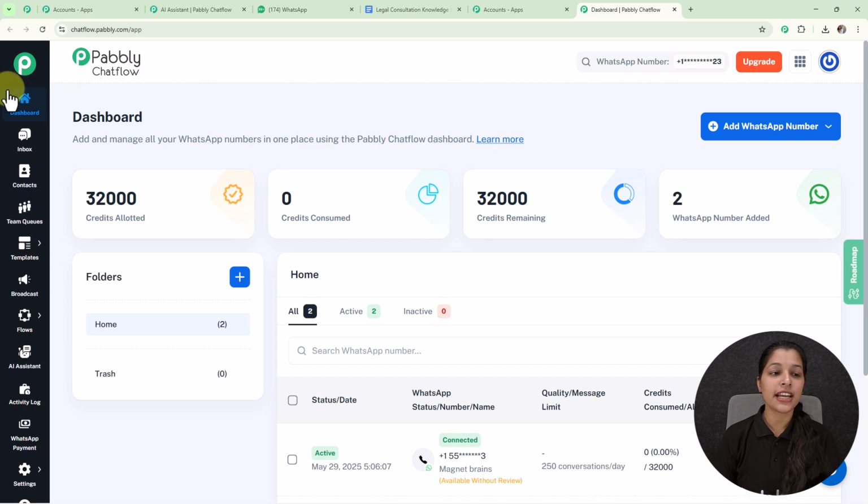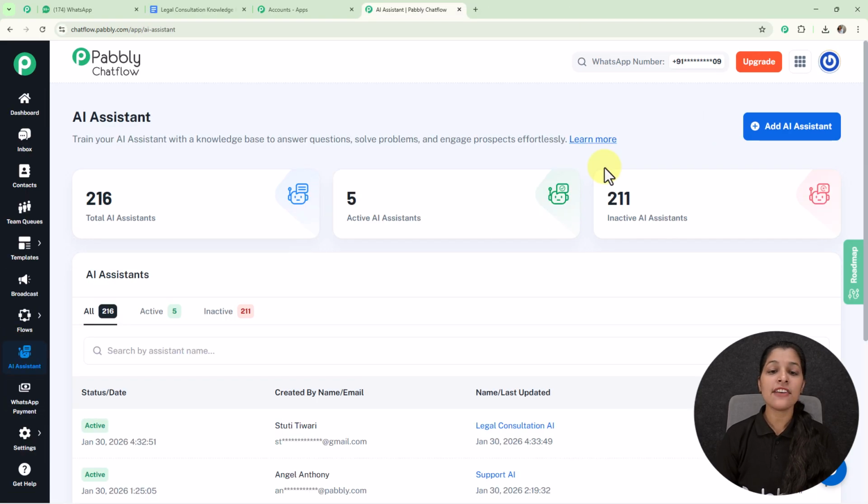Now moving on to the sidebar, you can see these are the features provided by Pabbly Chatflow. And now as we are going to create an AI assistant, so we just have to click over the AI assistant given on the sidebar, and I have provided the video links by using which you can know about all these features provided by Pabbly Chatflow. Now let's click over this AI assistant, and as I have clicked over the AI assistant, I am landed to this AI assistant page where for creating a new one we just have to click over this add AI assistant button,